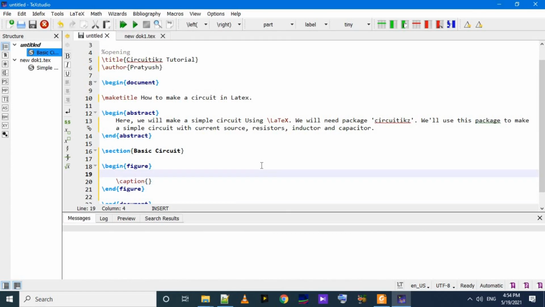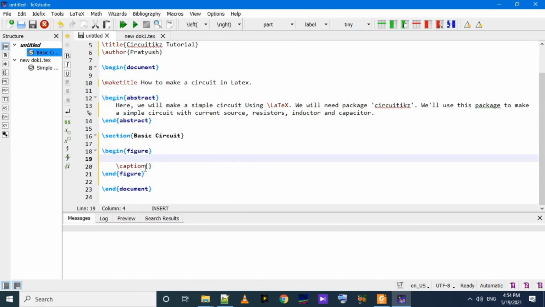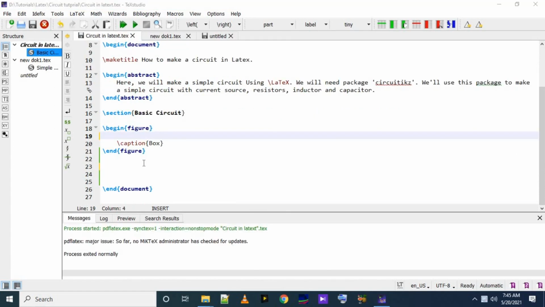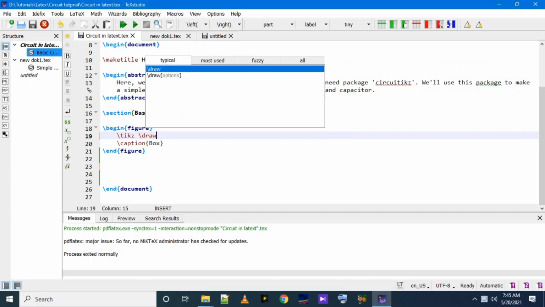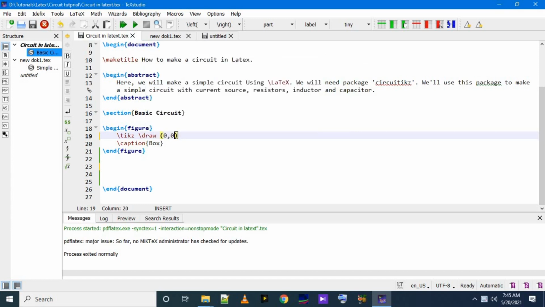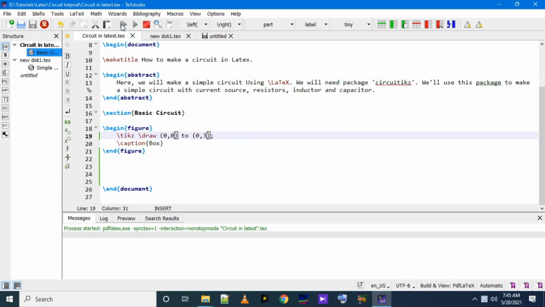Everything is working fine. So now we will make a circuit in a figure environment. So let us start. The thing is that circuitikz is based on TikZ, so any TikZ statement or command will work for this package. I am going to draw a box, and for that I will use the draw command.